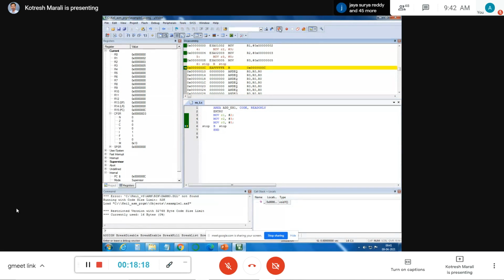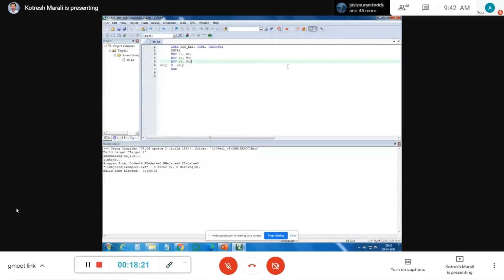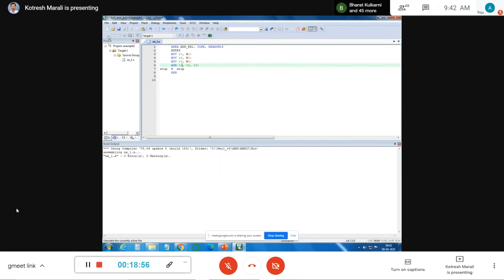Now let me go for a simple operation, like add. I can also perform R1, R2 and R3 all at a time. What happens now? The destination register is R1. Once I perform the add, the contents of R1, R2, R3 get added, but the result will be stored in R1 once again. You can check that value. So save this program and run the program.